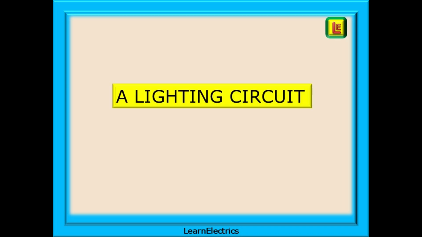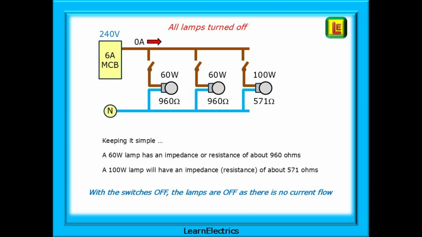We can take a look now at a lighting circuit, a perfect example of a parallel circuit. All the lamps are in parallel with each other across the supply voltage, which we will call 240 volts. We've already calculated the resistances from the wattages for you using power law and Ohm's law. The 60 watt lamps will have a resistance of about 960 ohms each,